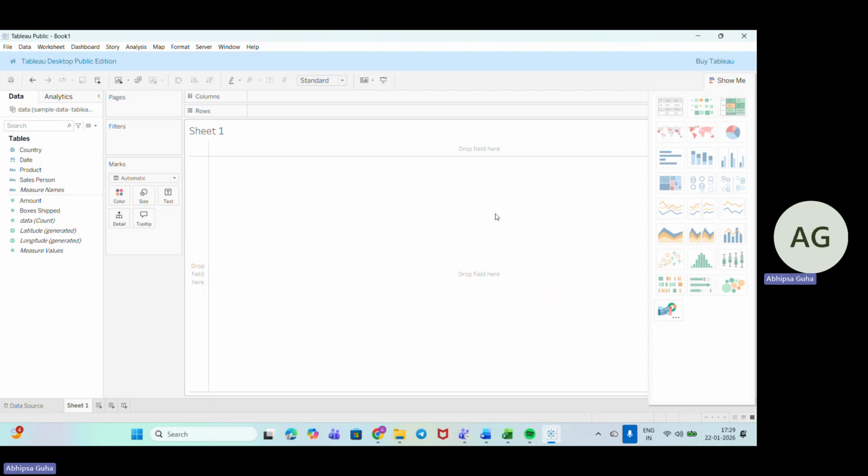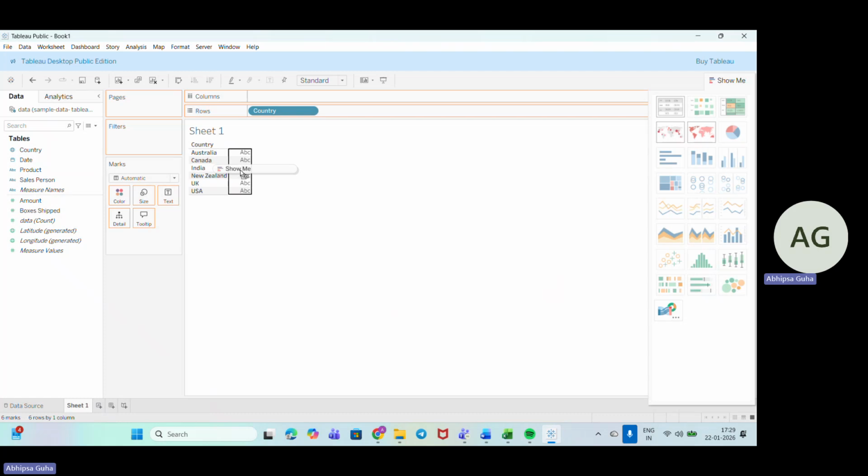So we have different sheets to add on and create it all together. The very first one that we will be going for, first, of course, we will be going for the KPIs later. First, we want to go with the time-based chart, or we can just go with the country with the product so that we can get an idea with which country the products are going. So I'll put countries up here in the rows, and I want amounts here. So I have got a country-wise amount.